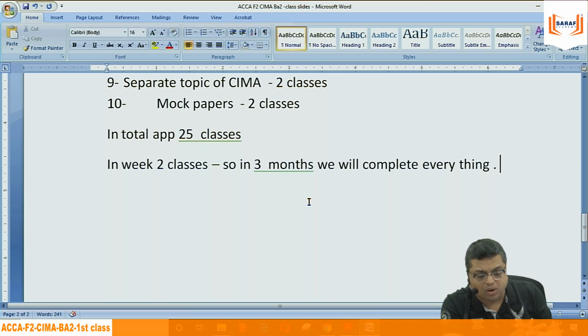Whether it is common or not, we have to solve the questions from study text, from exam kit, from mock papers. As far as ACCA is concerned, mock papers are freely available on their website. For CIMA, mock papers need to be purchased. When I purchase the mock paper, I will share it, because presently we cannot do a mock paper unless we are at least 70 to 80% complete with the syllabus. Presently we can do questions topic wise.